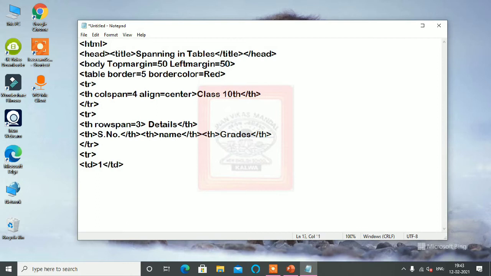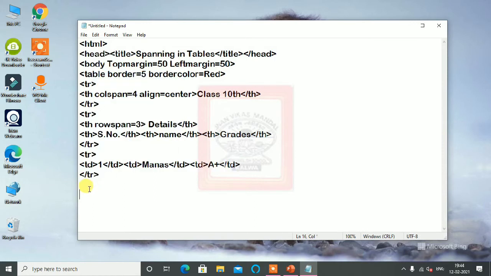slash td, slash td, a plus. So only 3 data will come here in this tr, because the details is taking the space of that first row, first column. The next 2 columns were defined, because here 3 rows are taken. Now when you type this, you will understand it properly.